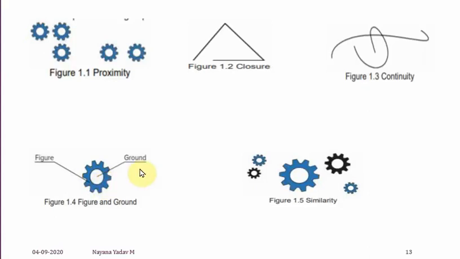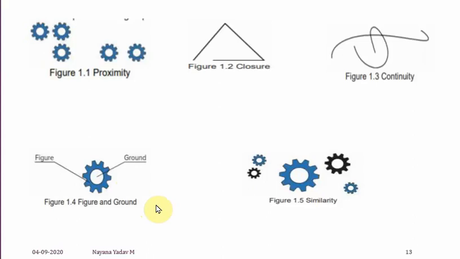The same thing you can use in your mobile application also. You might have come across some situation, for example in Microsoft Word, where you have that menu, right? The background will be some color and the text will be written in another color. You have File, Home, Insert, all those things. File, Home, Insert and all will be written in one color, and below that you will have another color. That File you can call the primary control, or the figure also, and the background below that is called the ground.